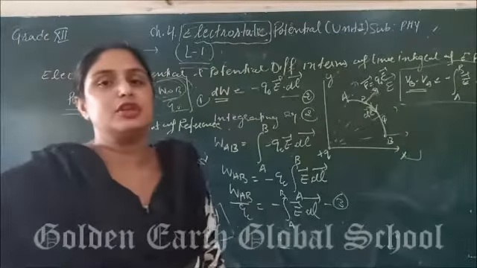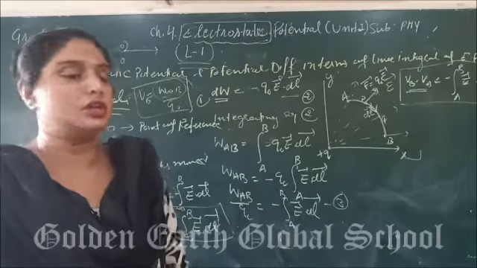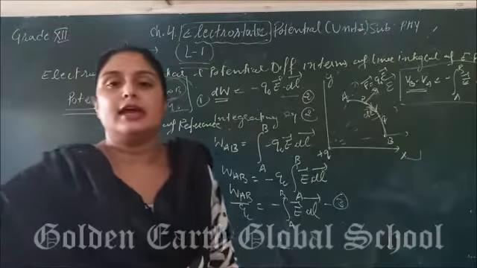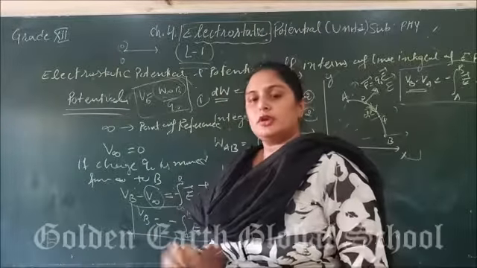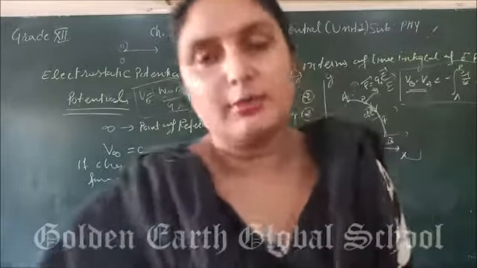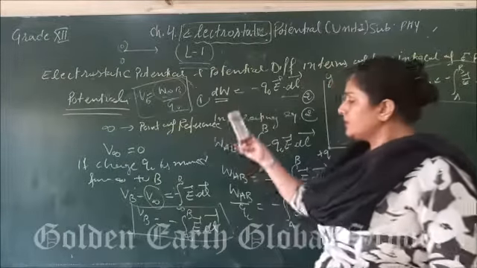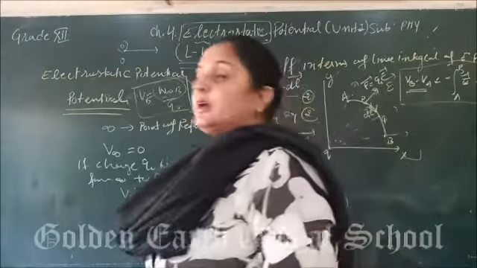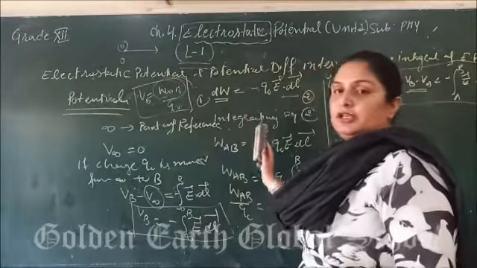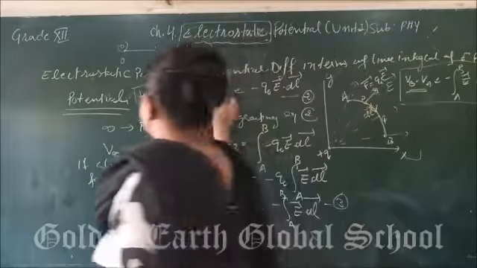So this is the definition of the potential difference and electrostatic potential in terms of the line integral of electric field. In terms of the work done, you have already read. We had read that in 10th class also, potential in terms of the work done. This is true for us. We have defined the electrostatic potential and the potential difference in terms of the line integral of electric field.